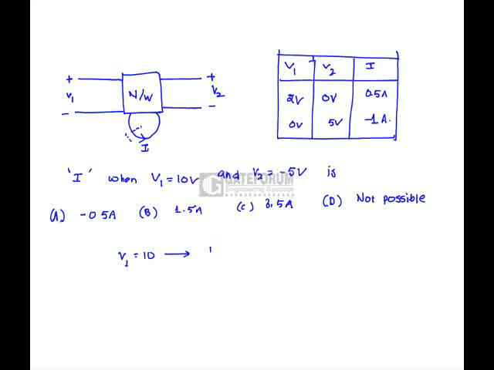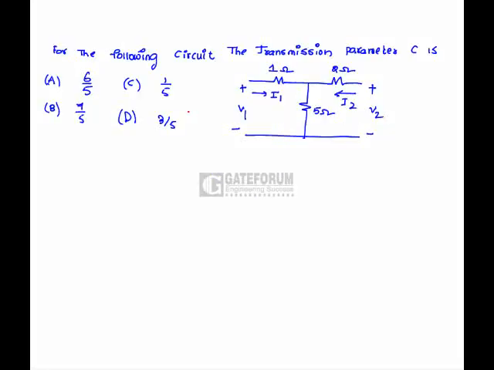five times multiplied, hence I dash equals 2.5 amps, and for V2 equal to minus 5 volts, I equals 1 amp. Hence the total current is 2.5 plus 1, which is 3.5 amps, hence option C is correct. For the following circuit, the transmission parameter C is nothing but I1 by V2 with I2 equals 0, which means